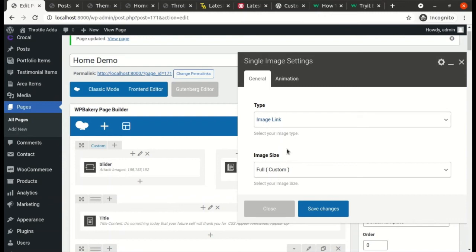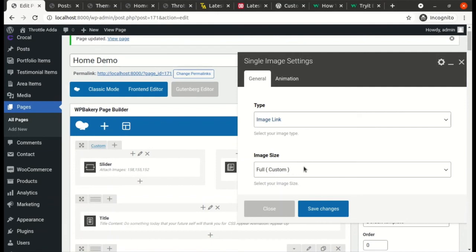Image video pop-up, I am not sure exactly what this is because I haven't used it, but we'll explore it soon. Image with caption. Images usually, to describe an image, sometimes people write everything in the image, or they show the image and they write the description below that or on top of it. So that means image with caption. The second last option, image pop-up with caption. Now combine the third option and the third last option. Okay, that means image, when clicked, it will open in a pop-up, and then a caption will be displayed on top of the image or below the image.